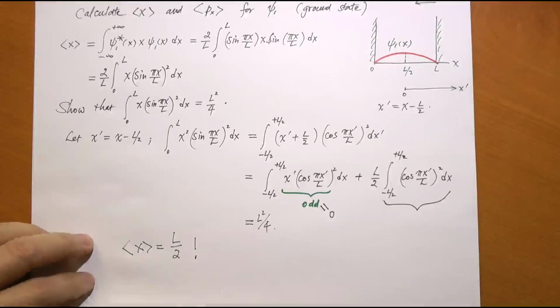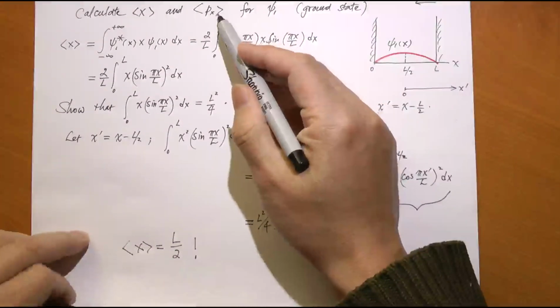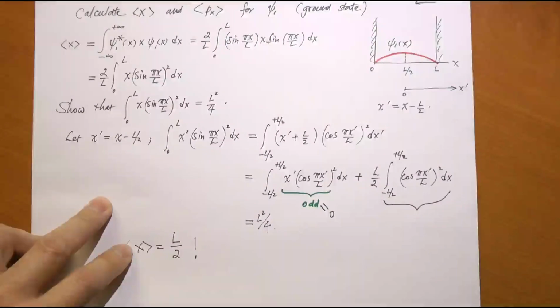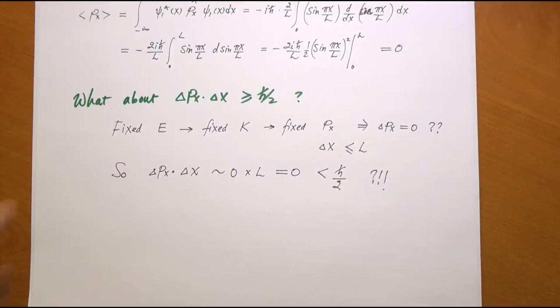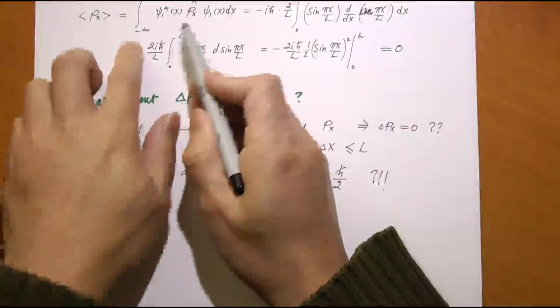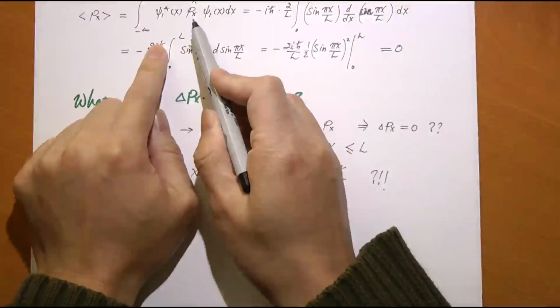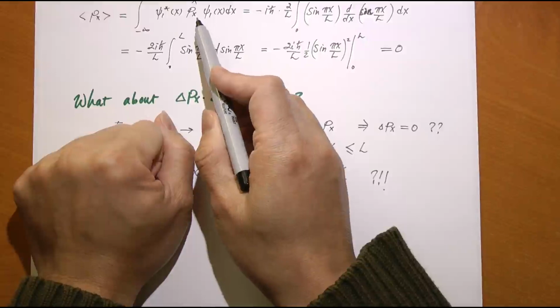And next, we can calculate the expectation value of Px in the ground state. And we do expect it to be 1. Let's see if that's the case. I'm sorry, we expect it to be 0, okay? So here we go. The expectation value of Px, by definition, you have to introduce the differential operator for Px